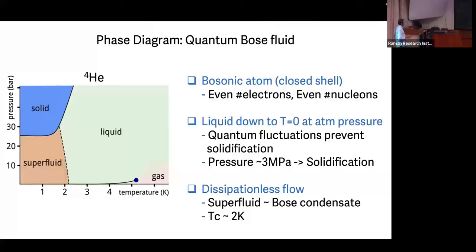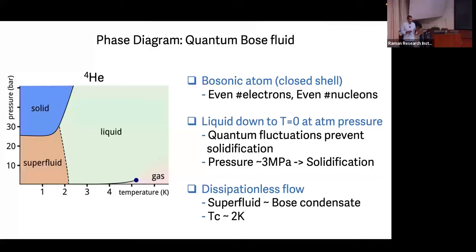And if you do that, then you can see that this particular system has more than just the liquid phase and the gas phase and the solid phase. You can enter into these Bose-condensed-like phases, these superfluid phases at low enough temperature. And the reason this stays fluid is that this is light enough that quantum fluctuations are sufficiently large to prevent crystallization. If you've heard of this Lindemann criterion for melting, you would say once you form a solid and once the fluctuations in the position become a substantial fraction of the interatomic spacing, the solid will melt,